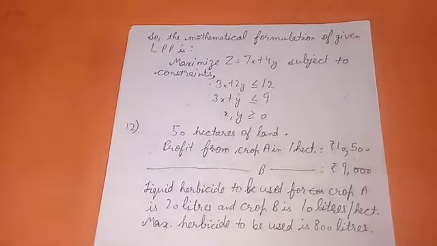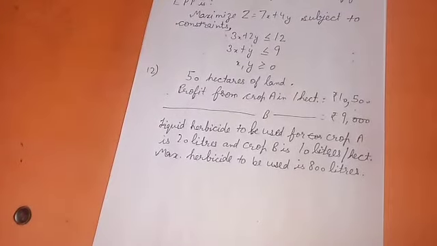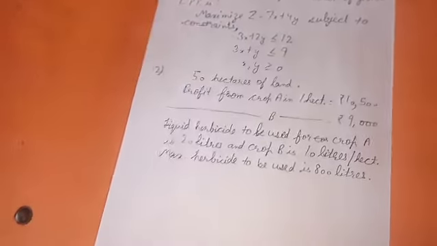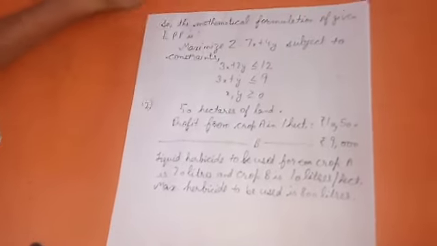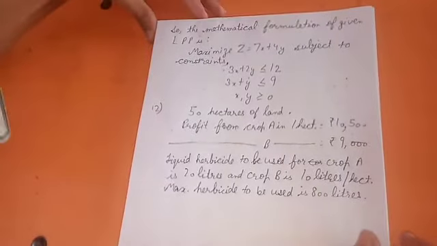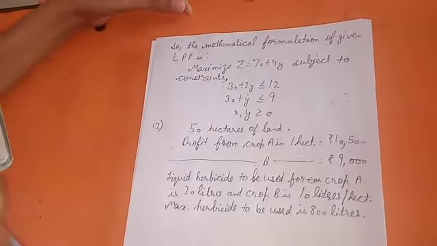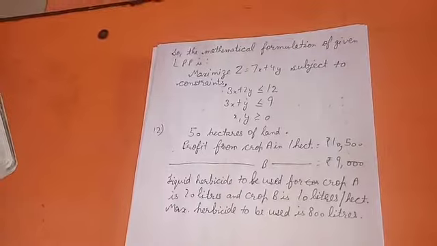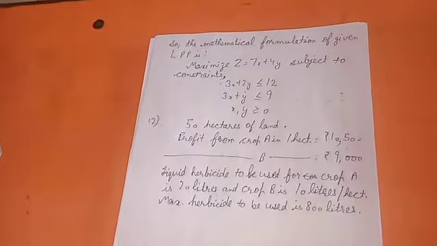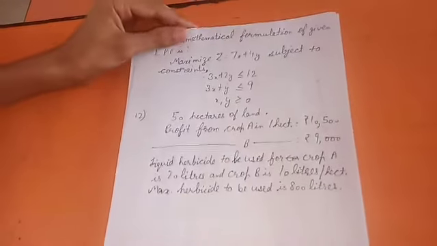So the LPP and then solve it. Now that whatever information we have written here, that is not necessary to write it in notebook. You have to just in the starting make a table about the related information given, and then write our objective function and its constraints, and then at last write the mathematical formulation and solve it. Okay, let me form the table accordingly.